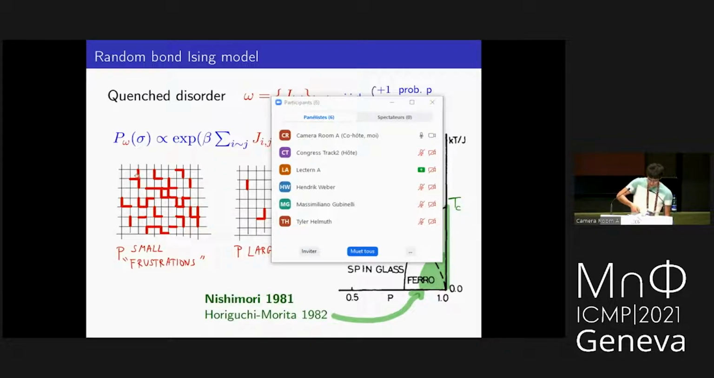In other words, there will be very few frustrations, and the model should look like the Ising model. And when p gets smaller, you introduce more and more frustrations into the system. The red edges are the edges where J is equal to minus 1. And so the model should look more like something like a spin glass. And now you have an interesting phase diagram. There are two parameters. Here there is the temperature on the vertical axis, and there is this p-value, which represents